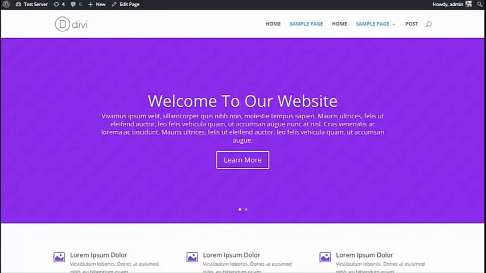In this tutorial, I'm going to be showing you how to use the Divi module customizer. Now, Divi comes with two customizers: the theme customizer, which is used to adjust site-wide settings like the body and header text of your entire website. But on the other hand, there's also the module customizer, which is used to adjust the styles of individual modules